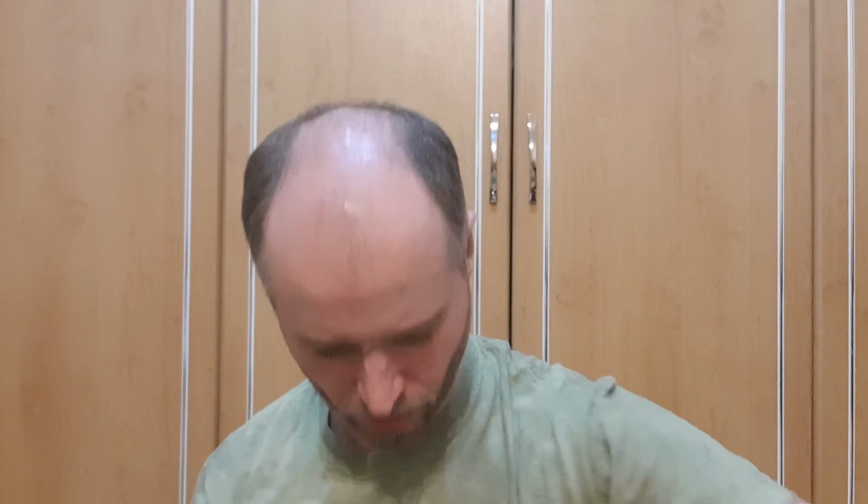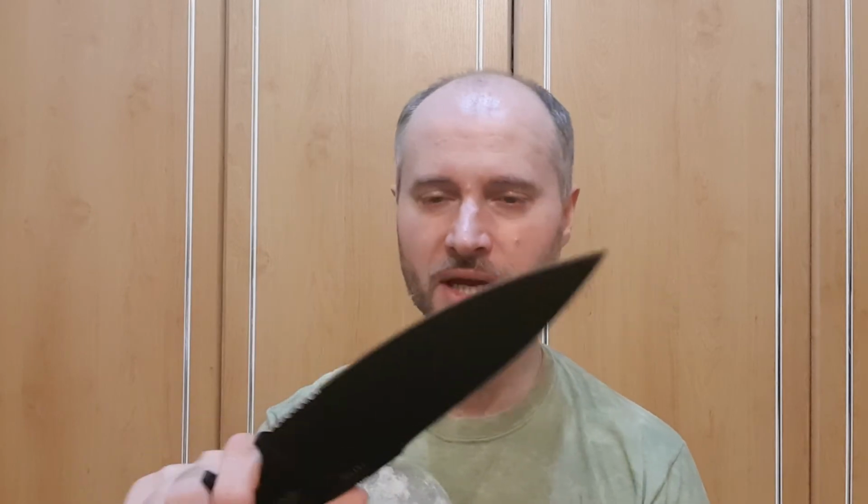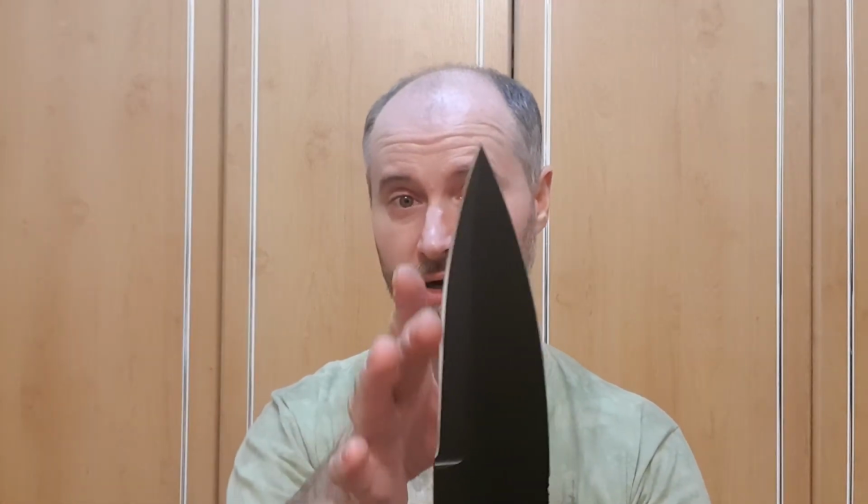So in terms of the edge, if 10 will be the best, so it will slice paper like nothing, this is some kind of 7.5 maybe. So not that dull, but definitely not that sharp. If I work with this one in a forest, and I mean for wood processing, I definitely need to learn how to use it, or there will of course be a different way to make this part dull, up to, let's say, if I want to keep it kind of